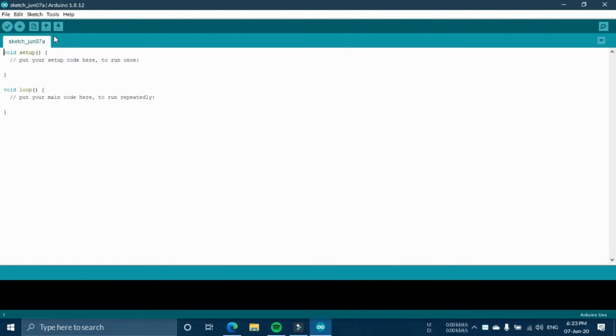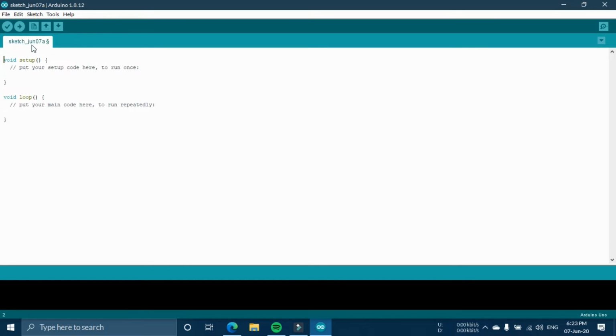So whenever you start the program, this is what the screen looks like. And you may be wondering, well, how do I start coding? What are all these? So void setup is basically where you define whether your device is an input or an output. For example, a sensor will be an input device because it feeds information to the Arduino. An LED or a buzzer will be an output because the Arduino will be giving an output to the LED or buzzer. So in void setup you can make a command run once, and in void loop you can make the same command run forever.